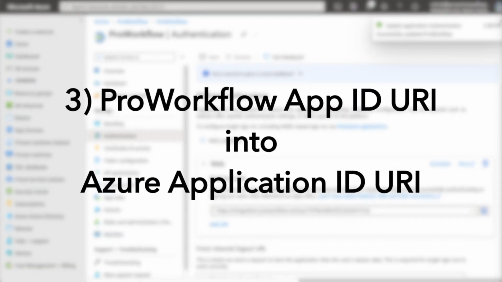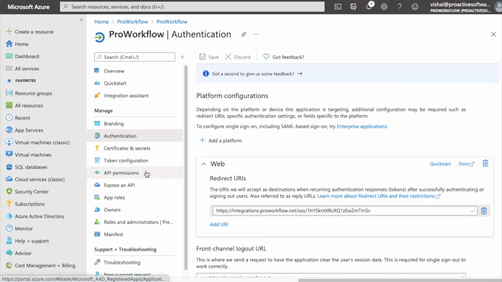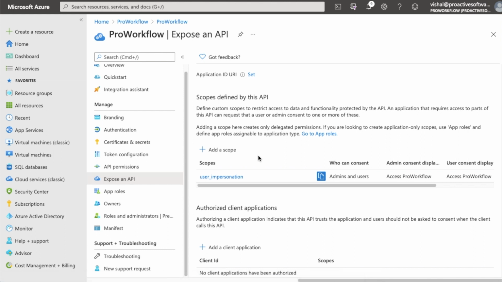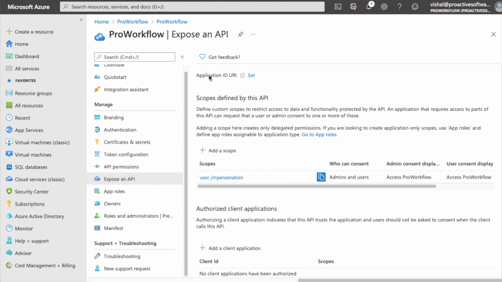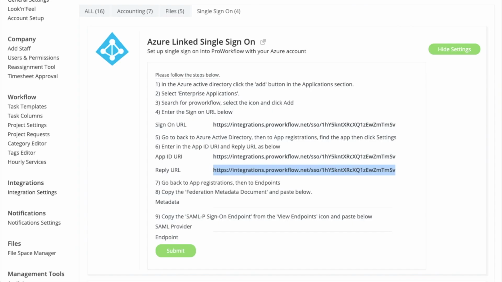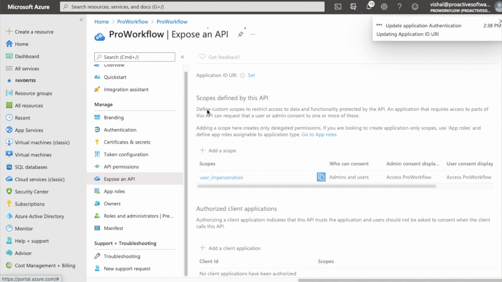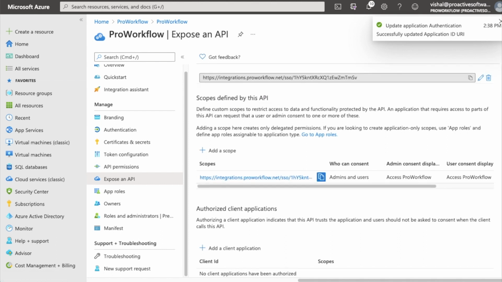And now the last one, we want to go through to expose an API. We want to go down to the Application ID URI here and hit set. At which point again, coming back to ProWorkflow, grabbing our App ID URI and then pasting it into here and then saving again. From this point here, lastly, we just need to go back to our app registrations,